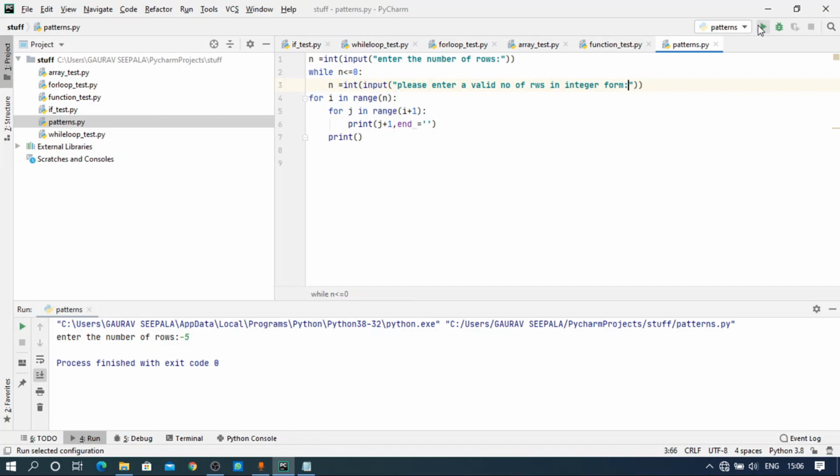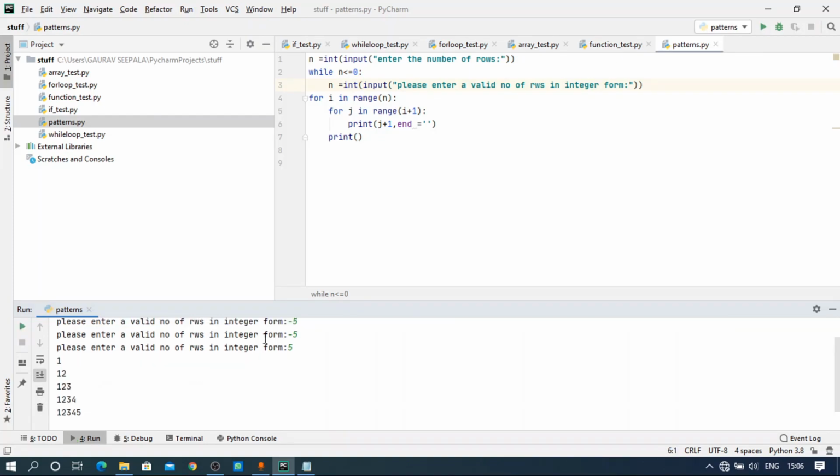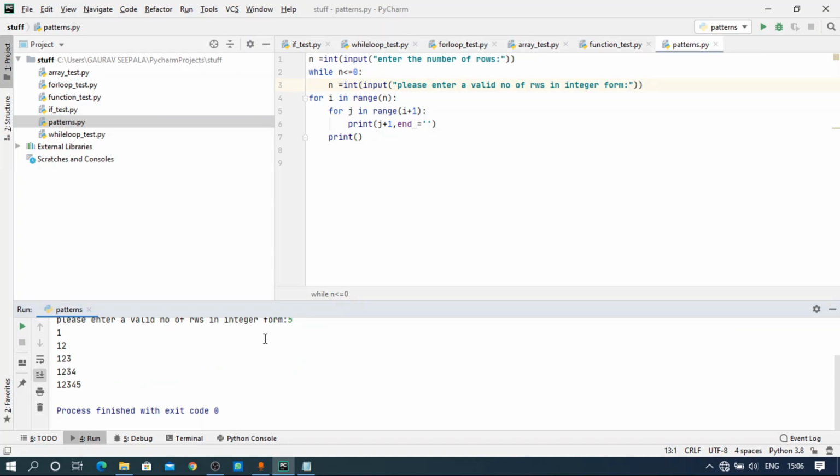So let's see. Here you can see until we give a valid positive number, the while loop keeps going, until we give a correct input.